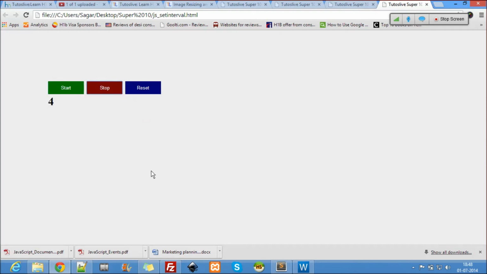On stop, it's working. On start, it's starting off. Then I'll say reset, it goes to 0, and it's again starting. On reset you can also stop that. How? clearInterval.